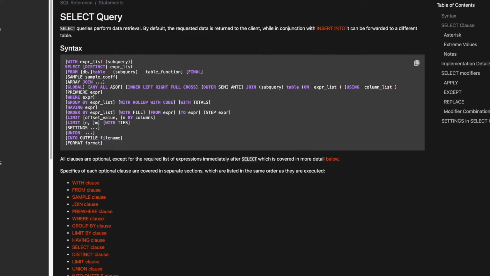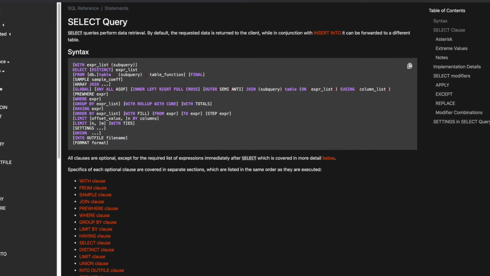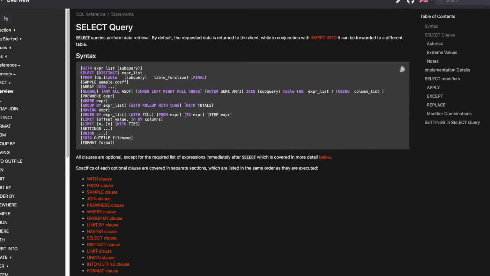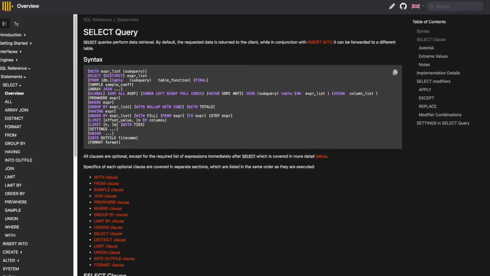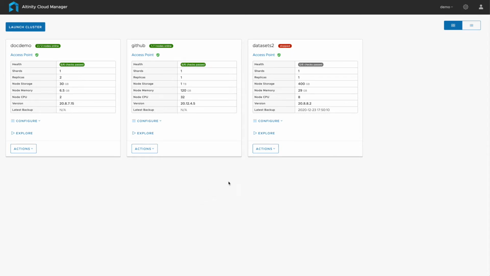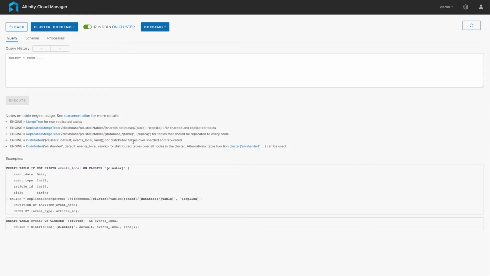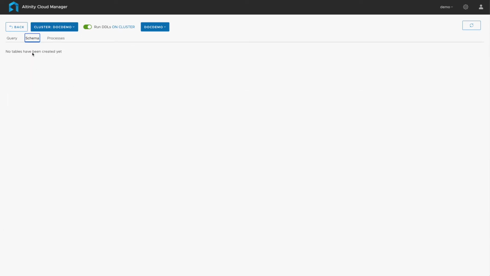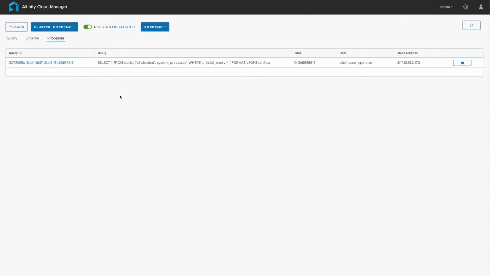Making ClickHouse queries is very similar to other SQL-based database languages. You can find a full description of ClickHouse SQL commands on clickhouse.tech. This guide is going to focus on using the Altinity.cloud Explorer feature to enter our SQL queries. You can use other remote clients such as the Terminal ClickHouse client application or the Python ClickHouse driver. With that, let's get started.